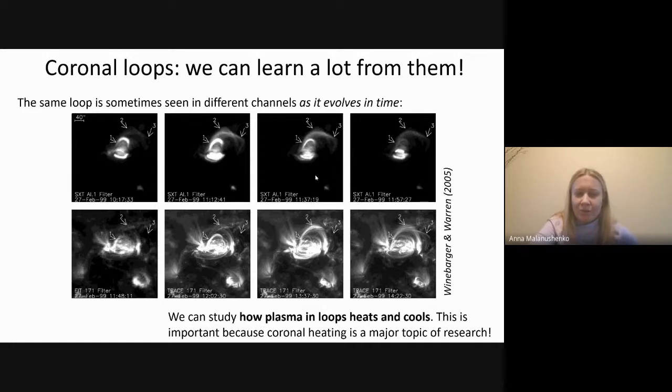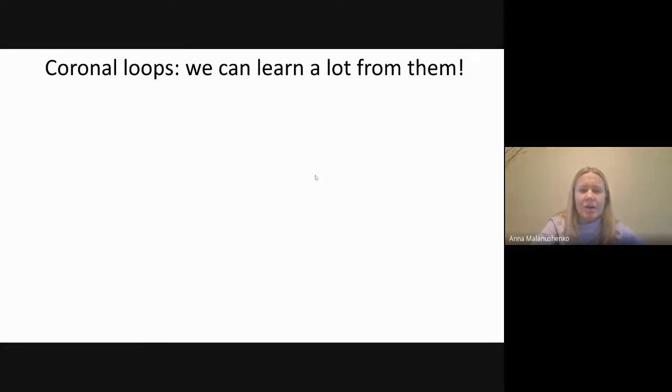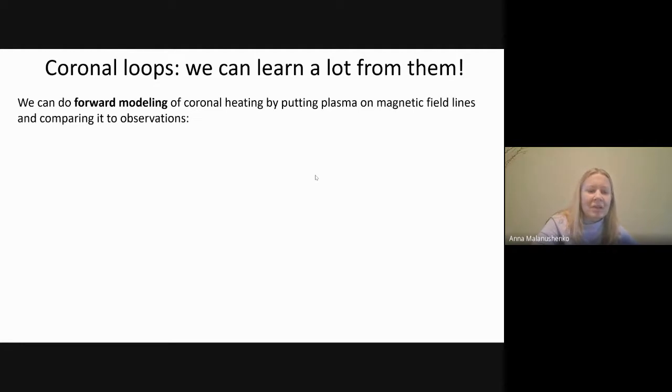And this is important because the problem of why the solar corona is so hot is one of the cornerstones of modern solar physics, and we can address it by studying how coronal loops evolve in time in different channels. Now, there are less obvious or less traditional ways to study coronal heating with